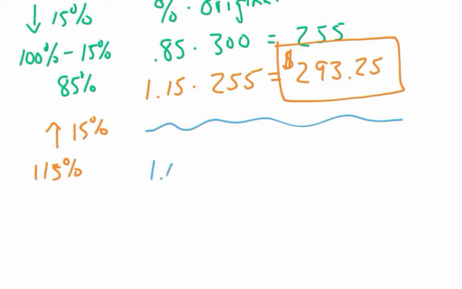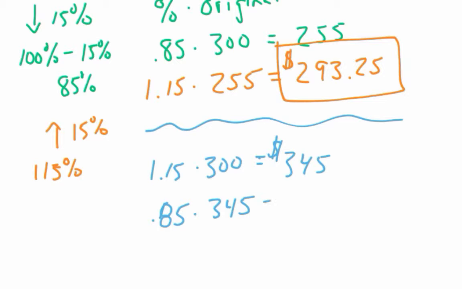First, if you're doing the percent increase, it'd be 115% of the 300. And when I punch that in, I end up with $345. But now if you were to go back and say, all right, 15% off would be the 0.85. So if I do 0.85 of my 345,